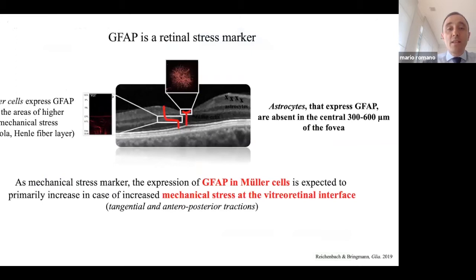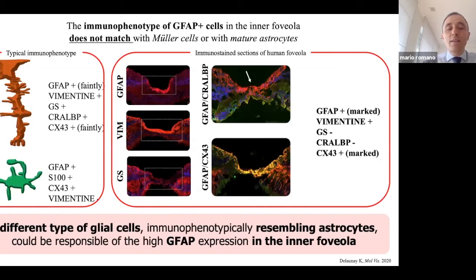GFAP is the retinal stress marker. And we know that the GFAP is produced by the Mueller cells and is expected to primarily increase under traction, under mechanical stress at the vitreoretinal interface. But also a different type of glial cells resembling astrocytes are responsible for the high GFAP expression in the inner